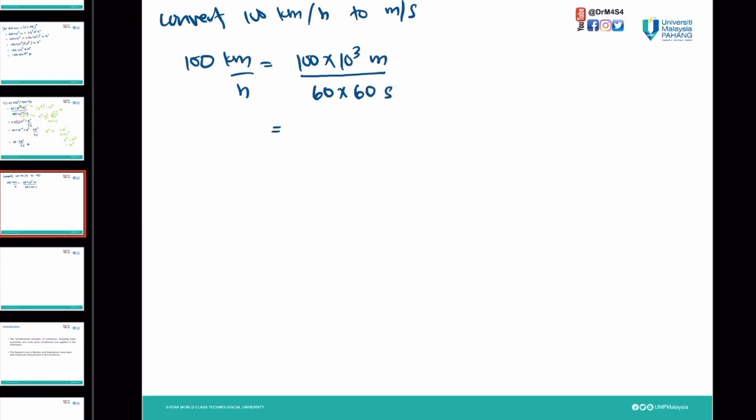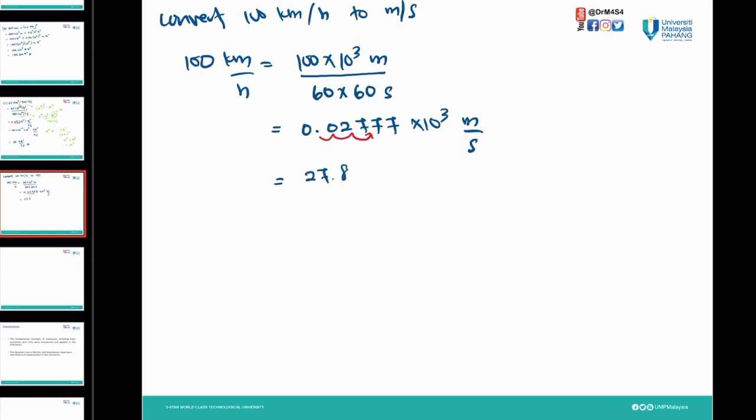And we have 100 divided by 60 times 60. We're going to have 0.02777 times 10 to the power of 3 meter per second. So we move this point 1, 2 and 3. Also we round up